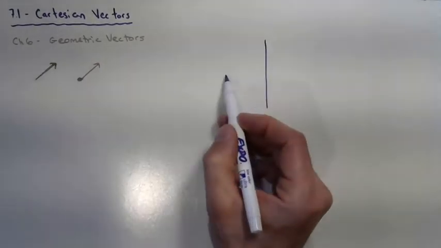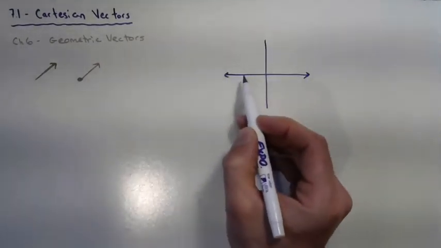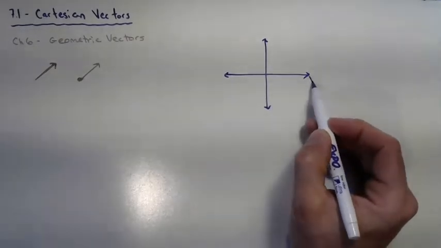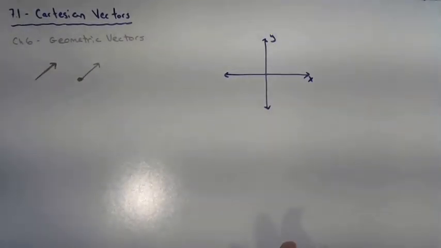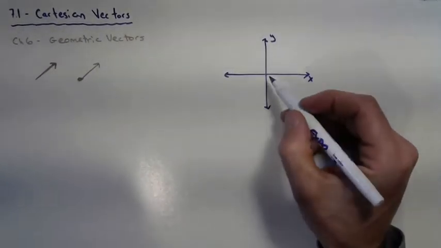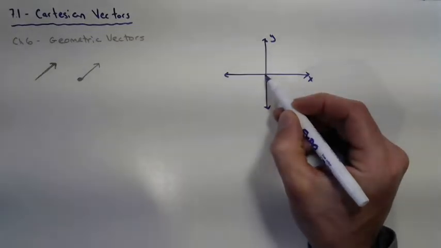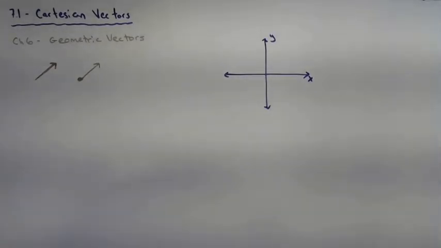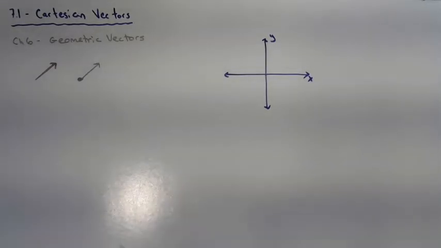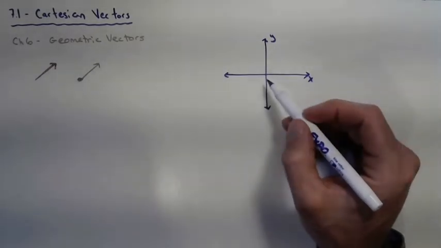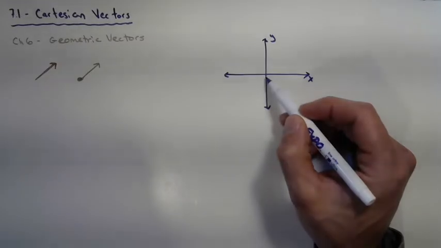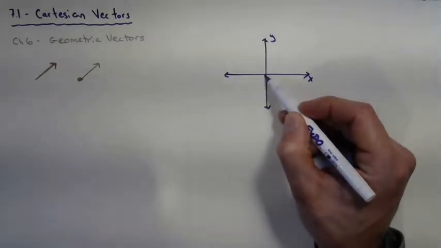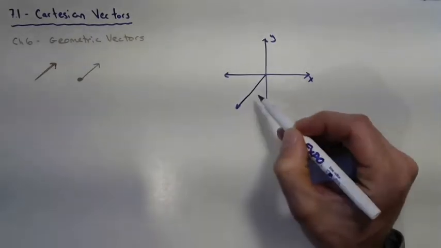Cartesian grid, typically, we're used to it looking like this with our x-axis and our y-axis. But now what we're actually going to be able to do is add a third dimension, because in the real world, when we're talking about real world applications of vectors and magnitude and direction, you can move left, right, backward, forward, and up and down. And so we need to be able to come up off of the plane of this page, and a third dimension indicated by a